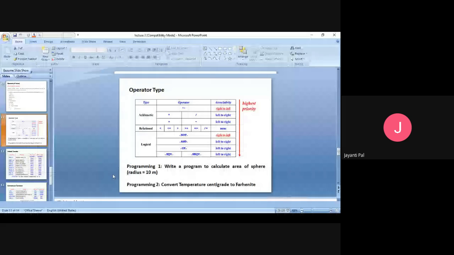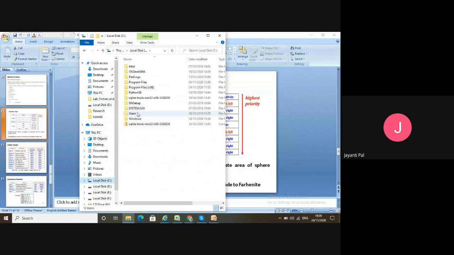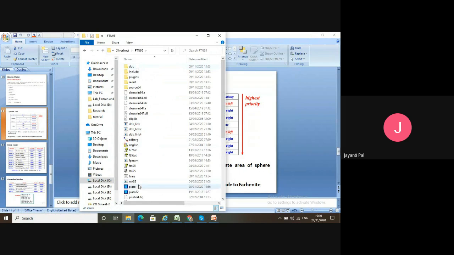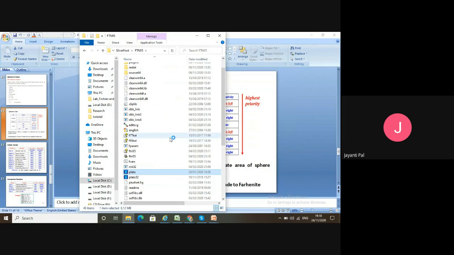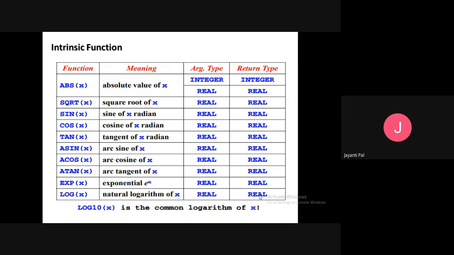So let's see what the basic structure of this program is. But before discussing this program, let's look into some functions, because till now I have not discussed any functions in Fortran. In Fortran there are lots of intrinsic, conversion, and other types of arithmetical functions. Among them, some are given here.